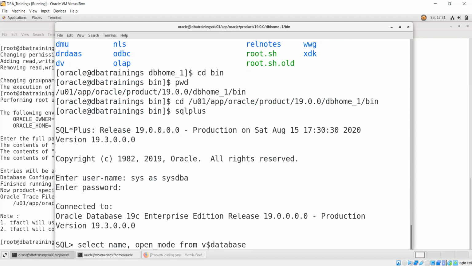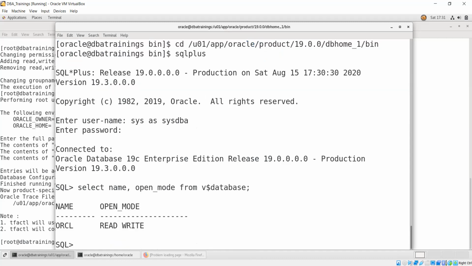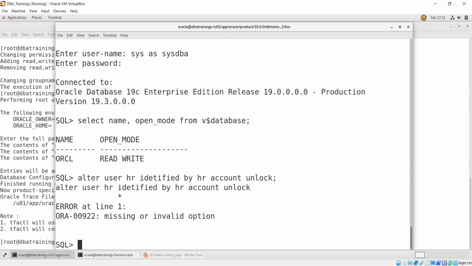We have taken that HR schema. So let me unlock that user. So I hope that HR is there.